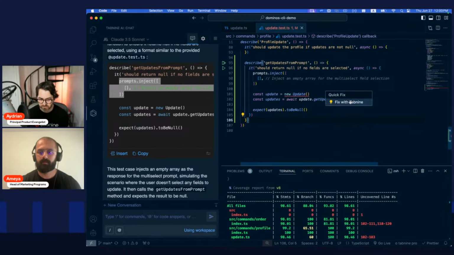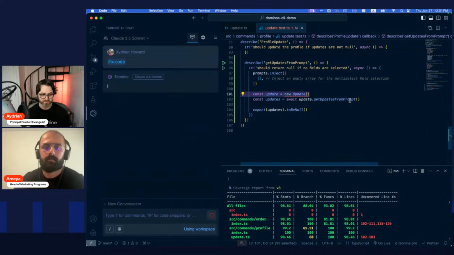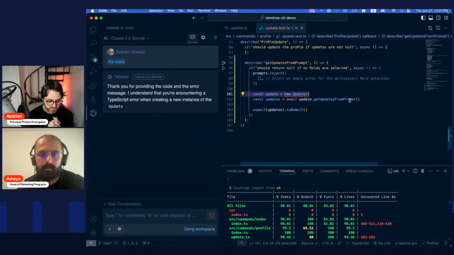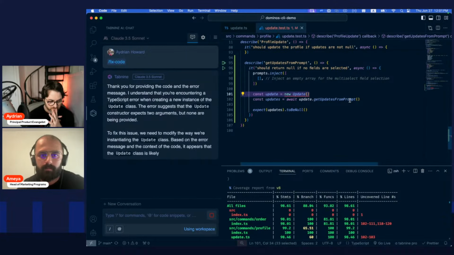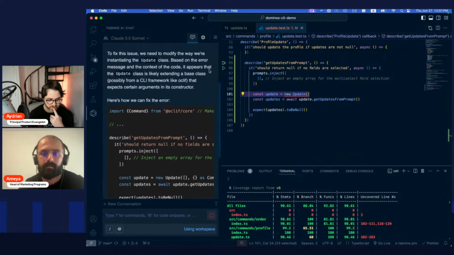So sometimes you can also do this, fix with Tabnine. To fix this info, we need to modify the way we're instantiating the update class based on the error message.